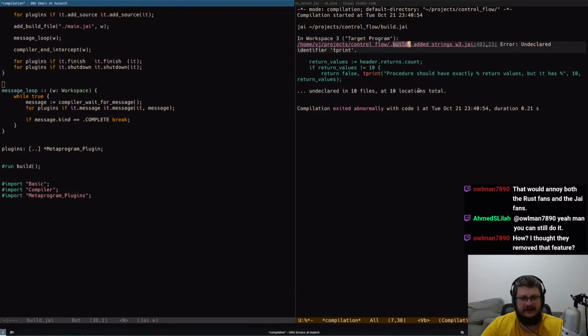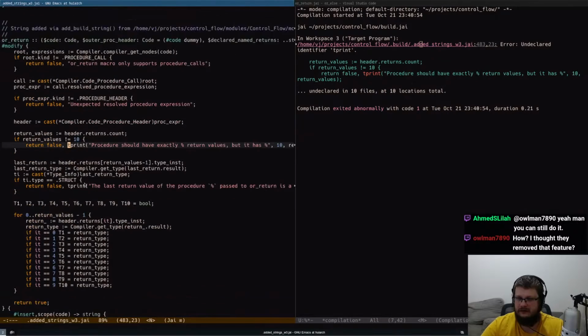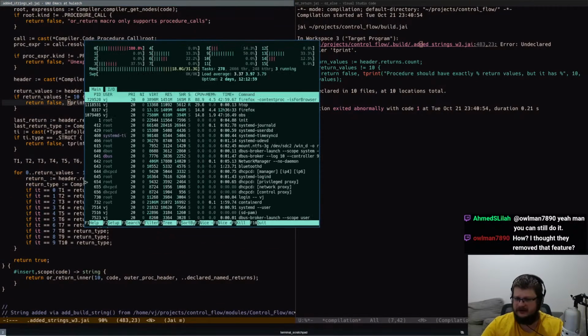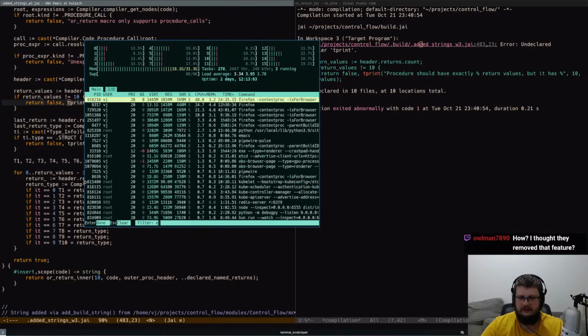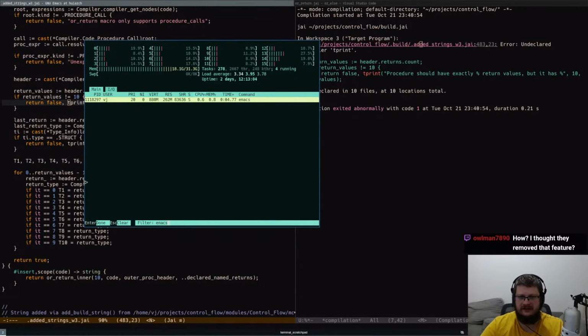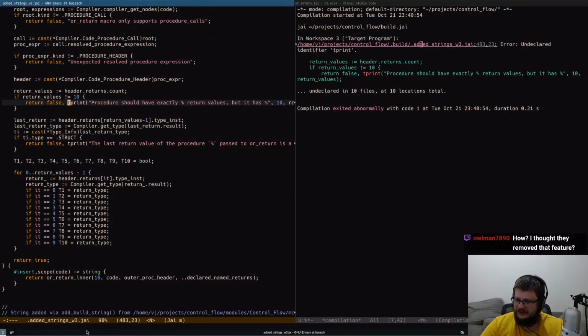Hello? I'm clicking on the file, nothing happens. There you go. What is going on? Why is Emacs so slow? I didn't do anything, and it's suddenly dying. I'm so confused. Anyway,